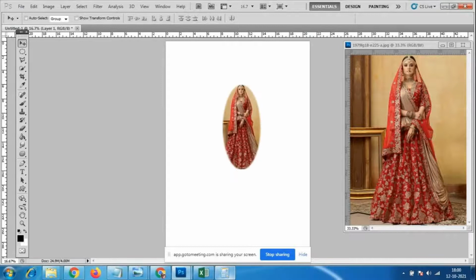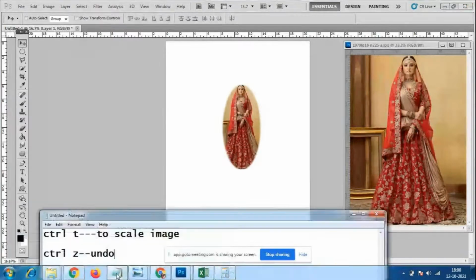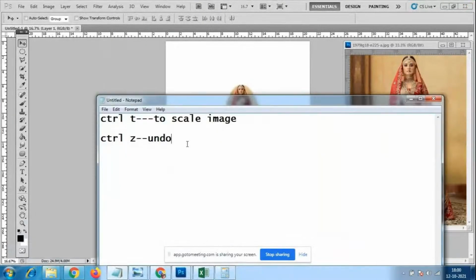Okay. So that is what we call Control Z and Control Alt Z. Okay.